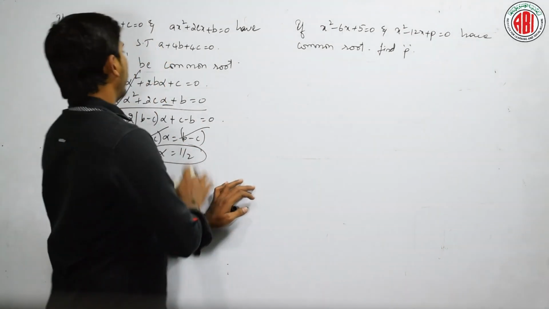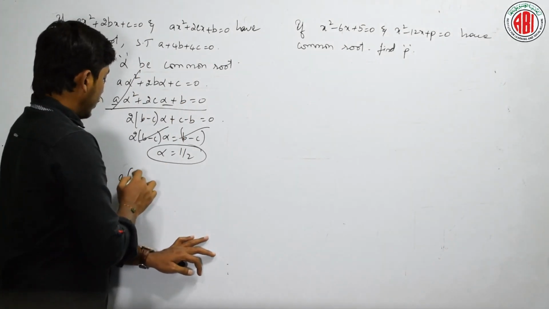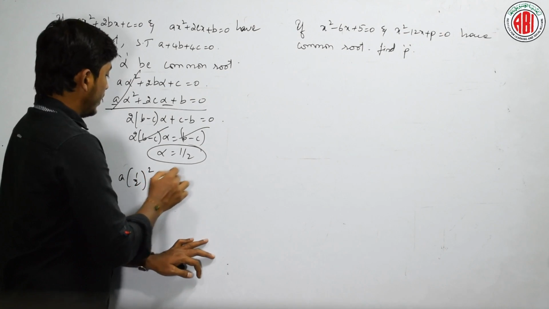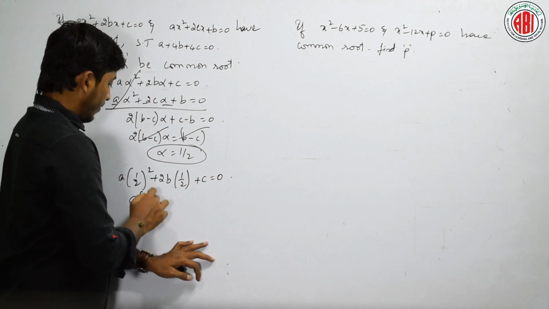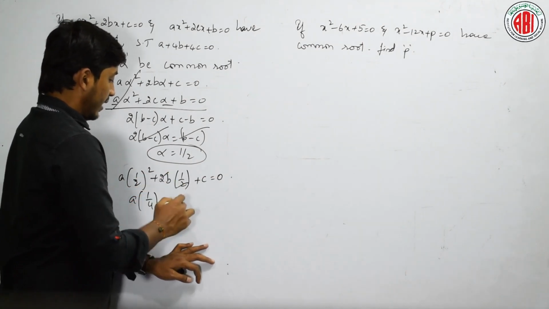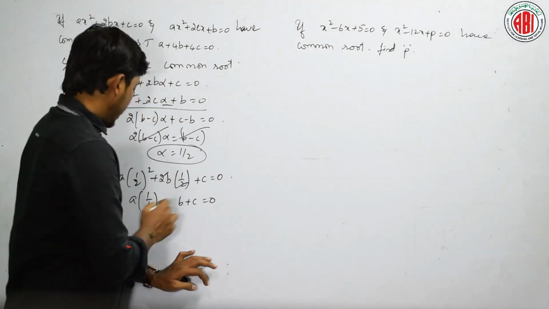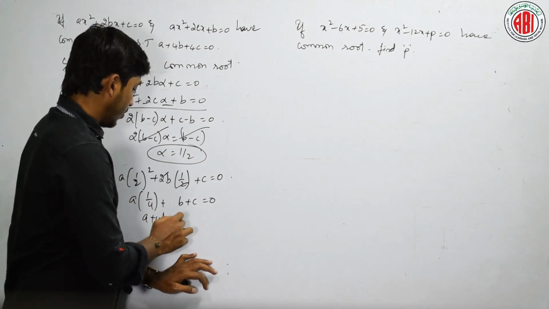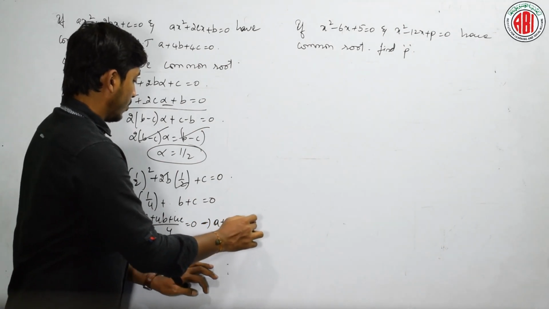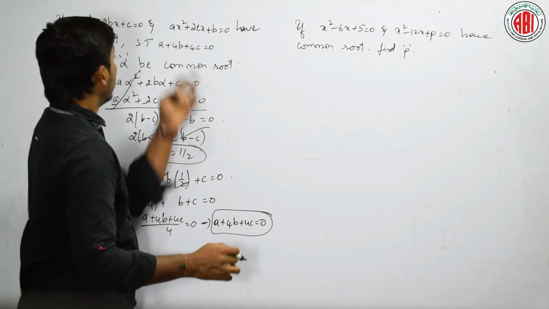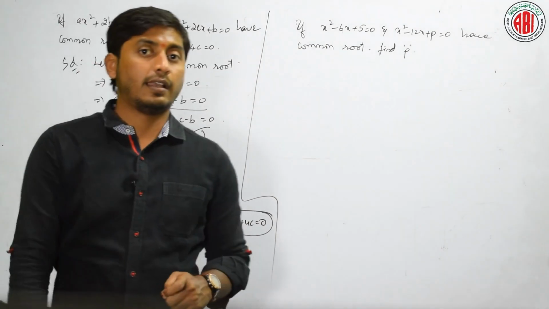Just substitute the value of alpha in one of the equations. What do we get? a alpha square plus 2b alpha plus c is equal to 0. Just a into 1 by 4 plus 2b plus c equal to 0, so a by 4 plus b plus c equal to 0. Let us take LCM. I will get a plus 4b plus 4c whole divided by 4 equal to 0. Therefore, a plus 4b plus 4c is equal to 0. Yes. So, that is what he asked us to prove. Clear? Next,